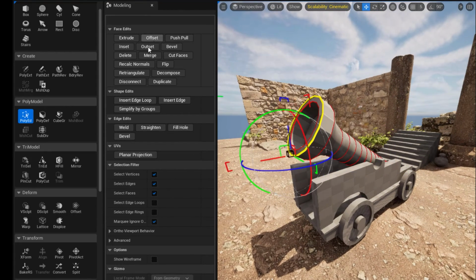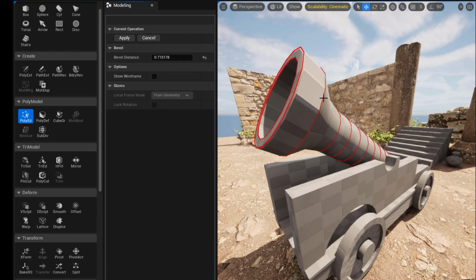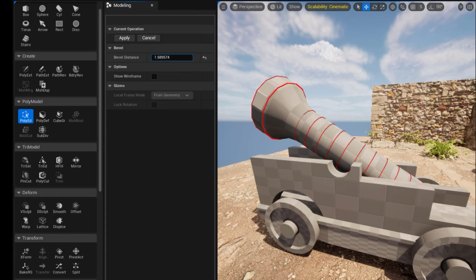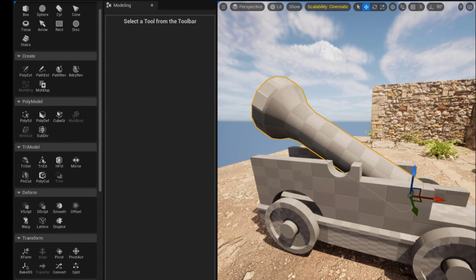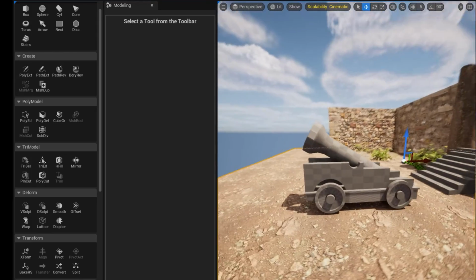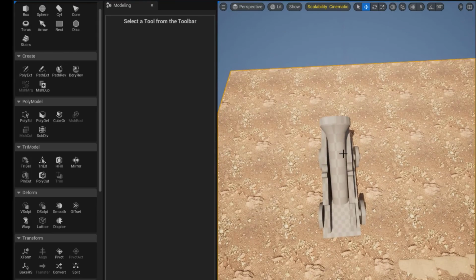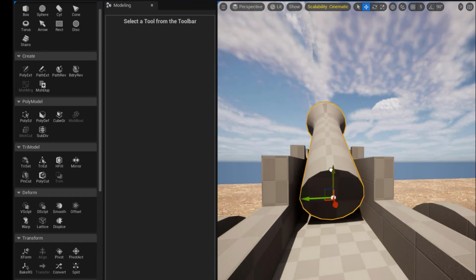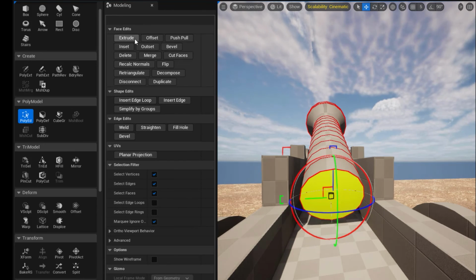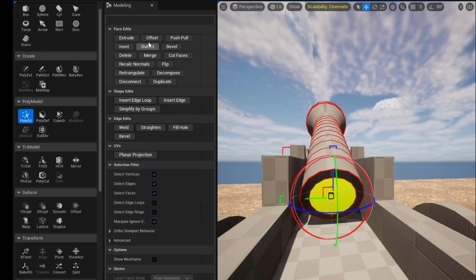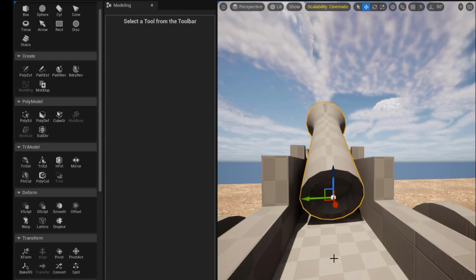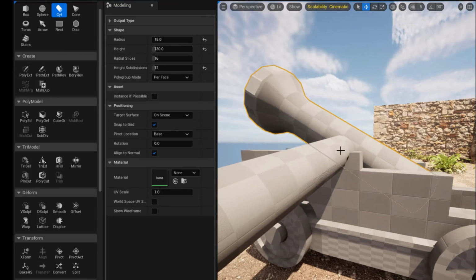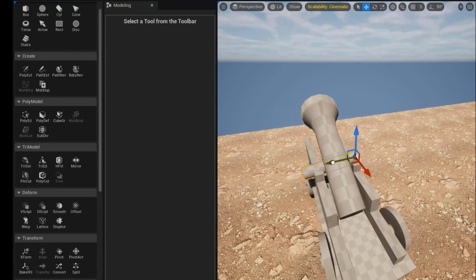For example, I can select this and go ahead and apply bevel to that. It's a bit much, obviously, so I'm just going to reduce that a bit. So subtle bevel effect will get the job done, and you can see in no time at all I am actually getting the result that I want. I can do the same thing for the back. So I'm going to zoom in, selecting this guy, and done. For the pole, again, it's just a simple cylinder, so I can drop that in,